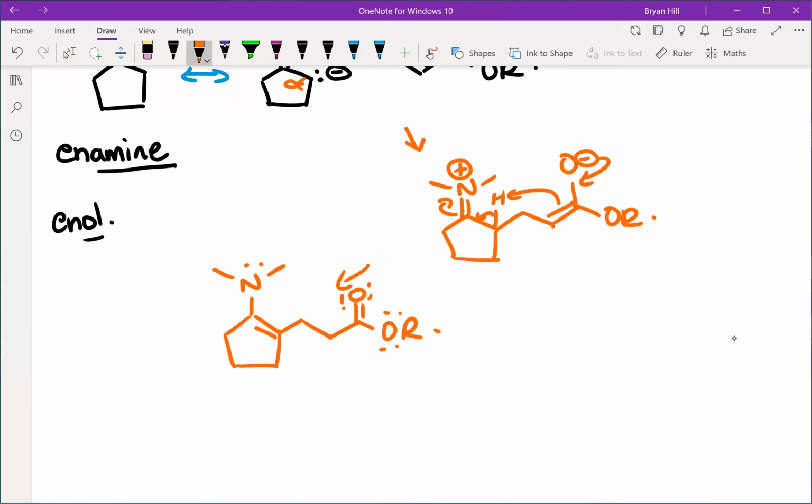We can regenerate our enamine. Or if there's a solvent, if there's a proton in the solvent, it would just grab that. Typically you wouldn't do that with an acidic, with a protic solvent though. Anyway, now, one of the things that we might not remember is that enamines or imines, because this